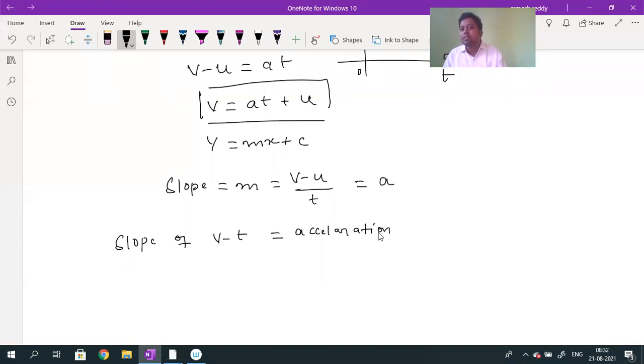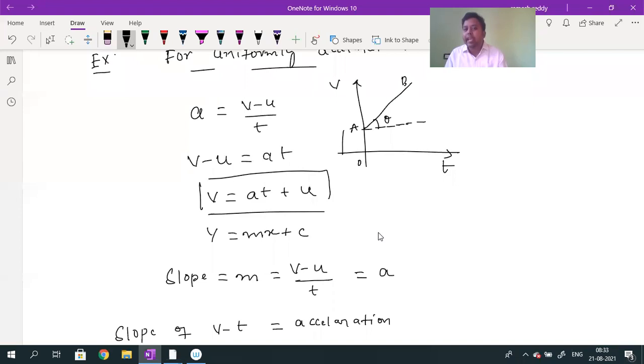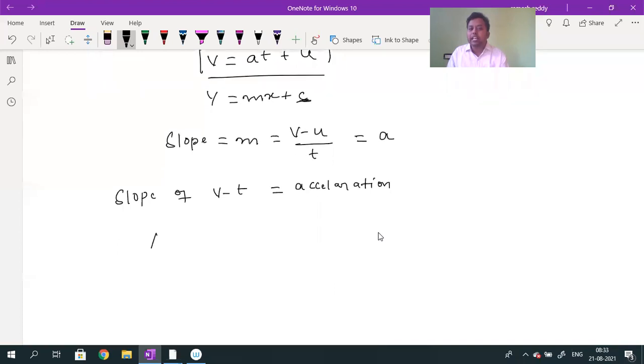Is it understood? The graph is a straight line not passing through origin. In this graph, O to E is where it is intercepting the y axis. This is called the y intercept. Y intercept will give you C, and C will give you E. So in this graph, what is the y intercept value? Y intercept is the point at which the graph is intercepting the y axis. Y intercept value will give you OA.